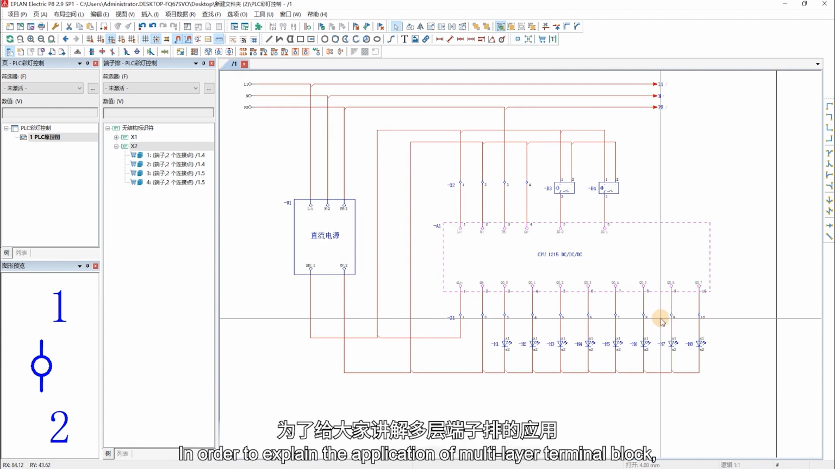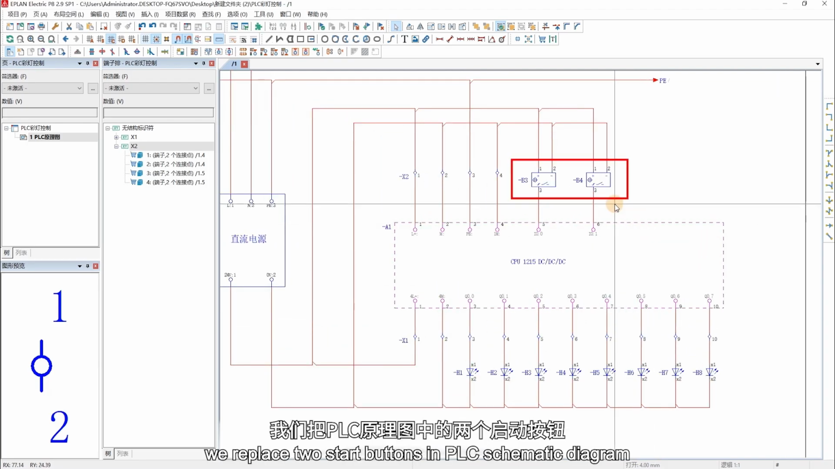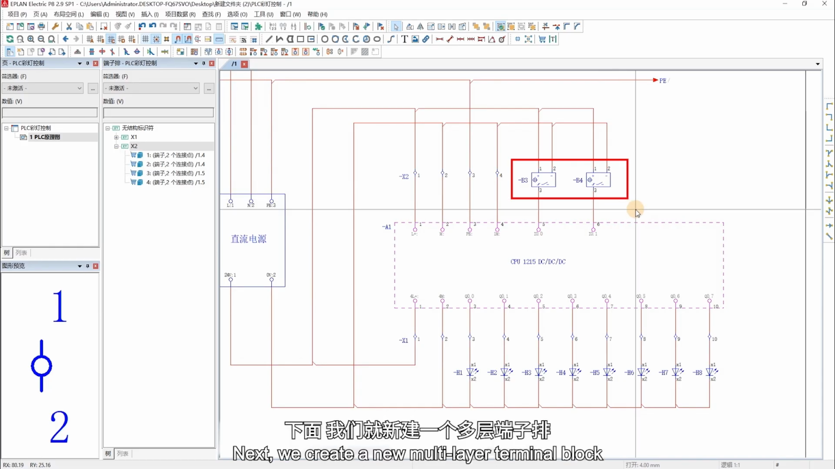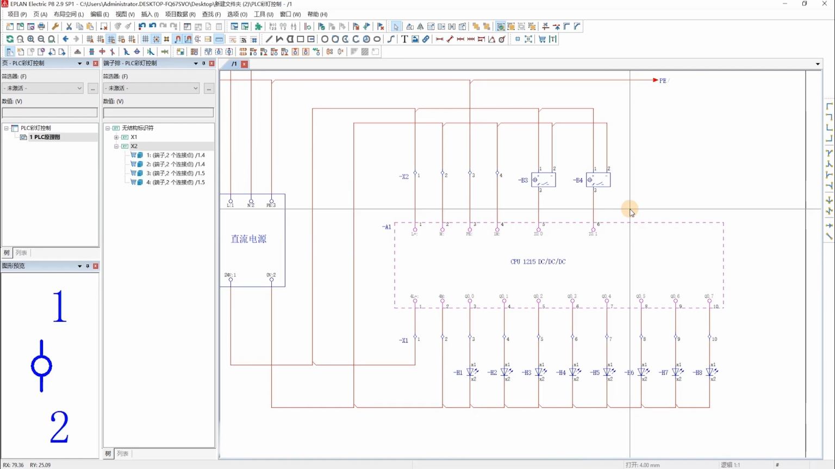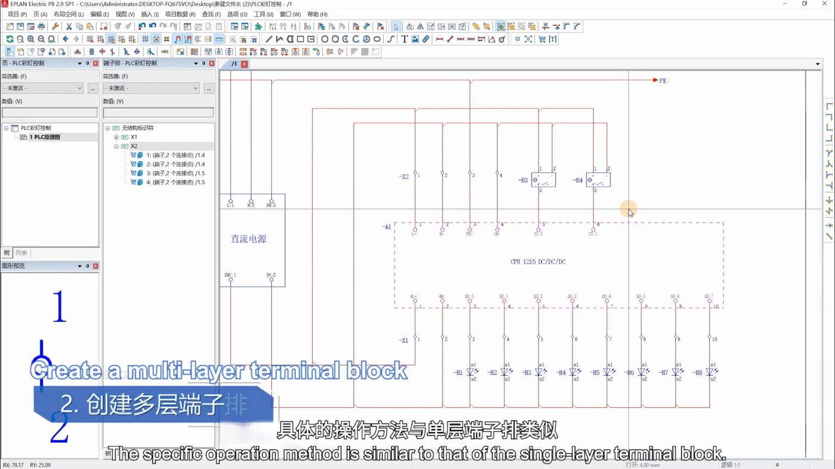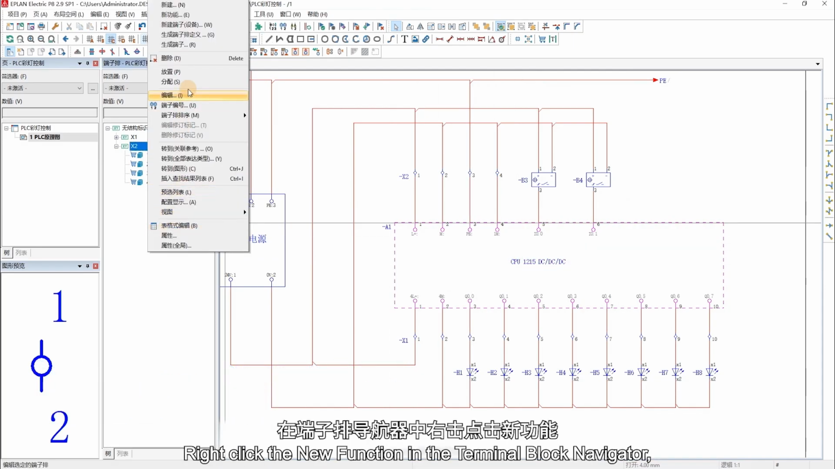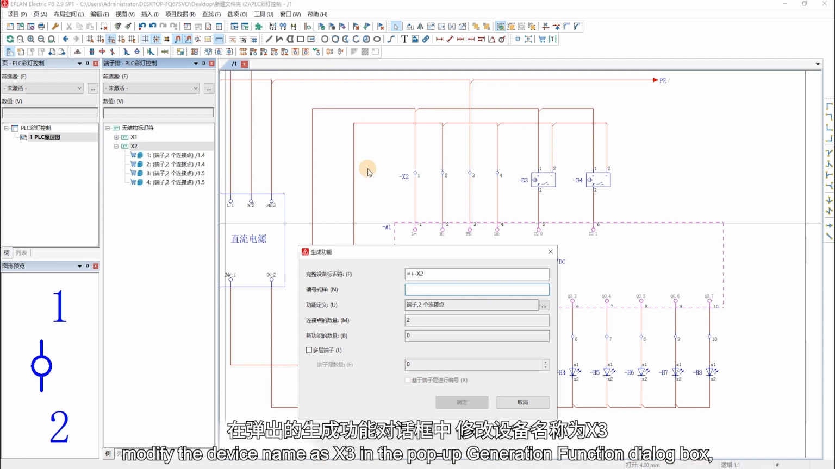In order to explain the application of multi-layer terminal block, we replace two start buttons in PLC schematic diagram with proximity switches. Next, we create a new multi-layer terminal block and insert terminals for proximity switches. The specific operation method is similar to that of the single-layer terminal block. Right-click the new function in the terminal block navigator, modify the device name as X3 in the pop-up generation function dialog box,